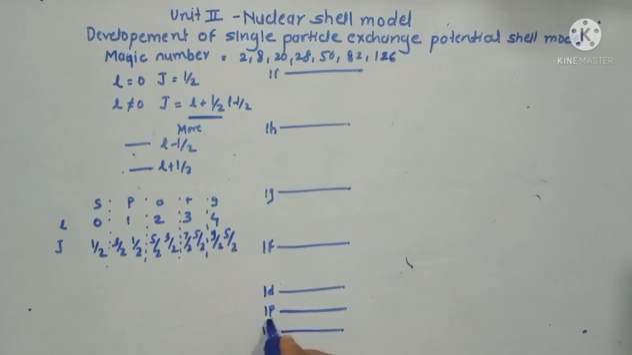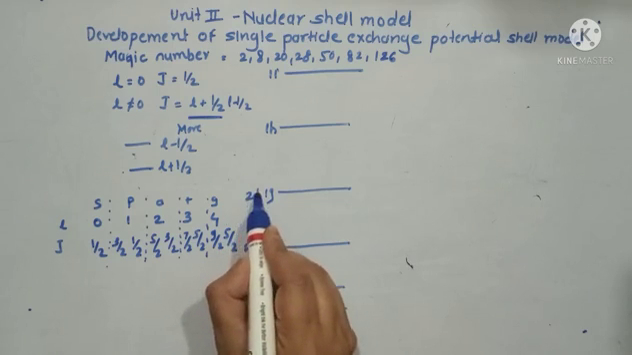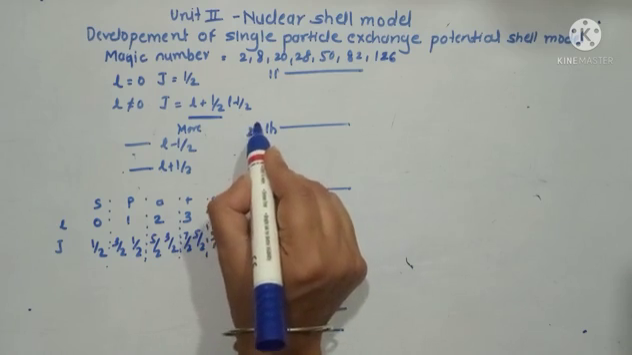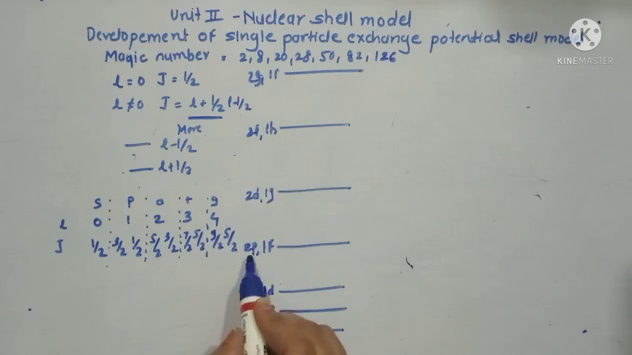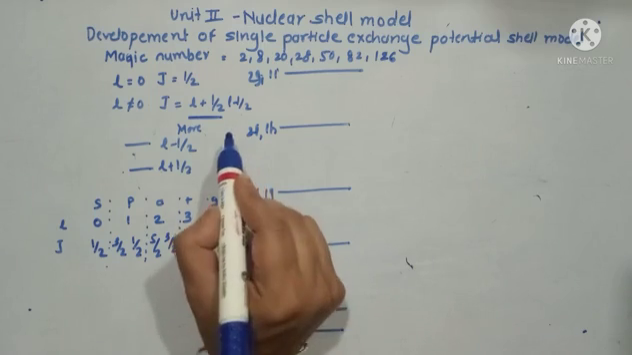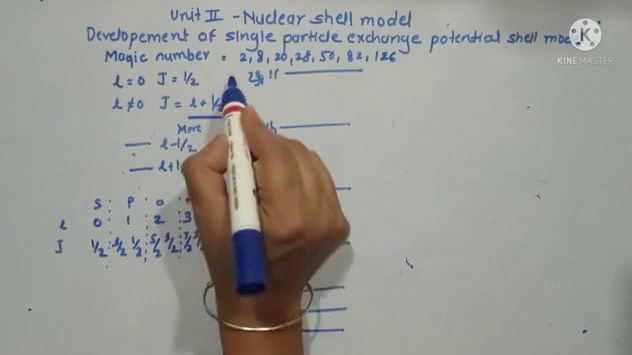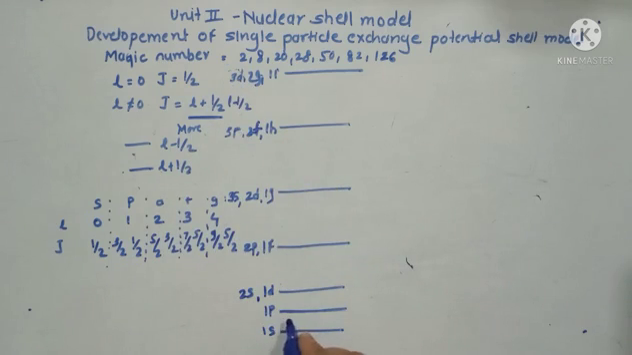Okay, then leave this 1p and start here 2s, then 2p, 2d, 2f, and 2g. Okay, then leave this 2p and start 3s over here, 3s, 3p, 3d. Okay, you have to remember that the splitting between the p orbitals is smaller than that of the d